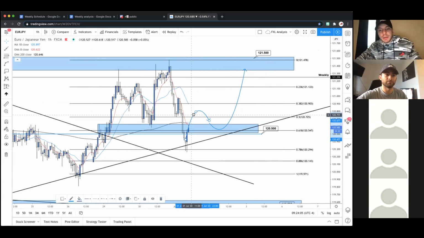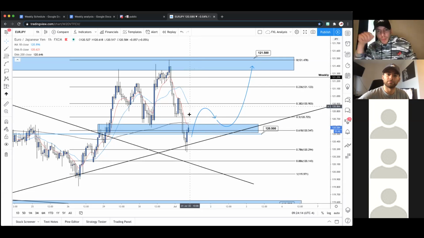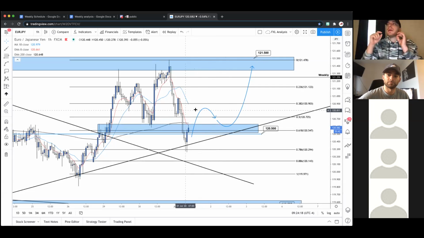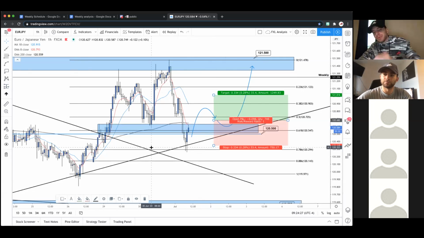So this is our long opportunity. This is what I'm looking for right now to happen. I want to see a nice surge higher back through this zone. I want to see an MA cross and then a higher low forming above these MAs. And then if any sort of bullish setup presents itself, I'm going long. Because this could be a really, really great trade. So again, we want to get through the MAs, nice retest of the MAs, higher low, bullish setups, and then we're long.